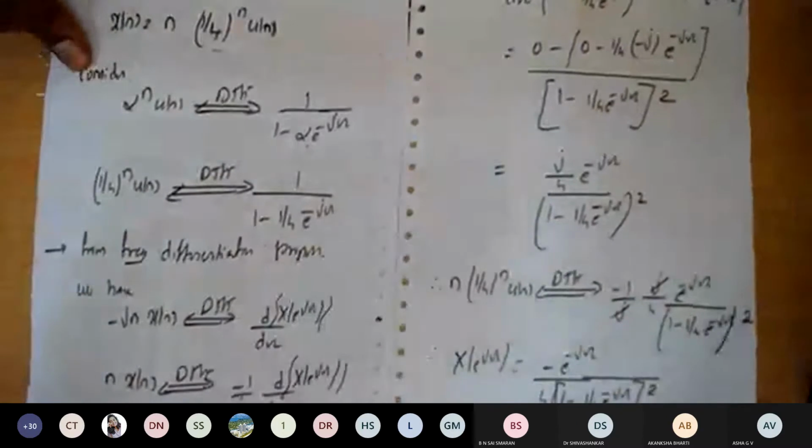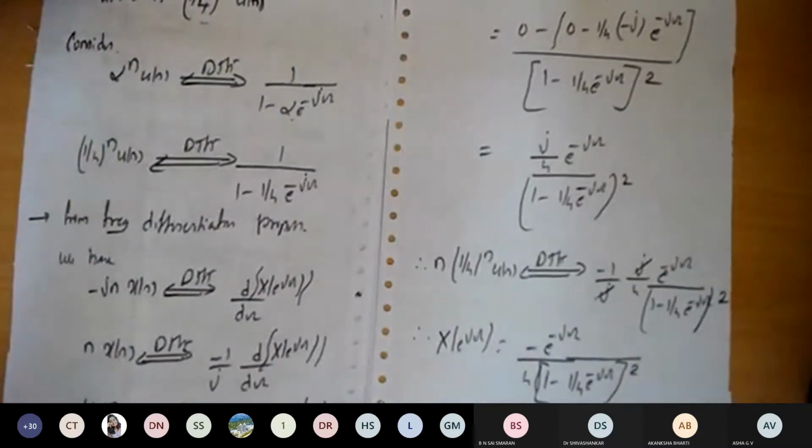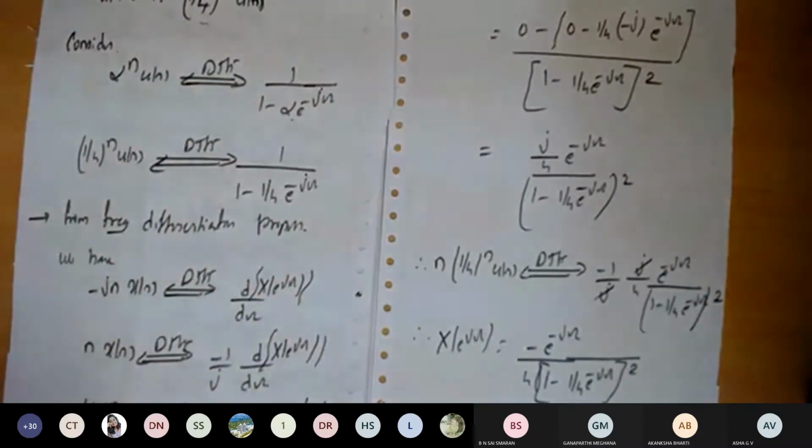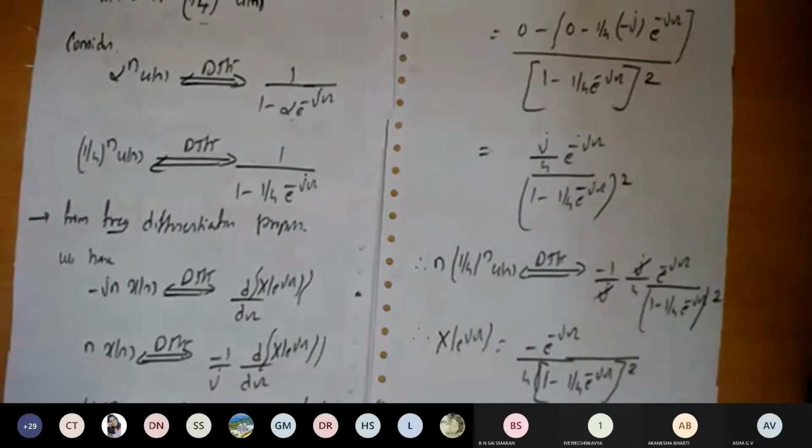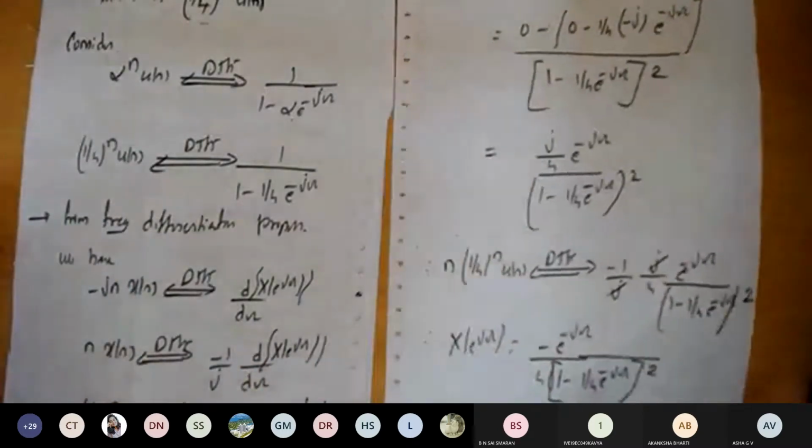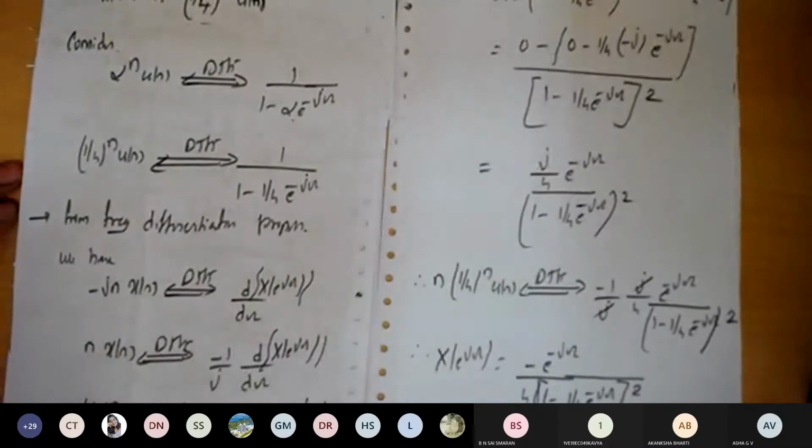Done. Any doubts in this problem? Understood, right? Are you able to understand, right? Yes, sir. Okay, so like this we can apply the properties and we can solve the problems. It's very simple. But the only thing is that we should know which property we need to apply and which terms we have to use for solving, so that we can get the things easily. So I'll go for the next problem.